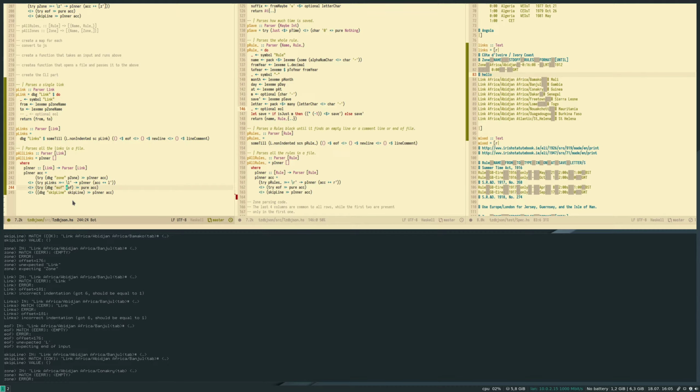We can remove this since it works. Let's also remove this. It just makes a lot of noise, which we don't need.